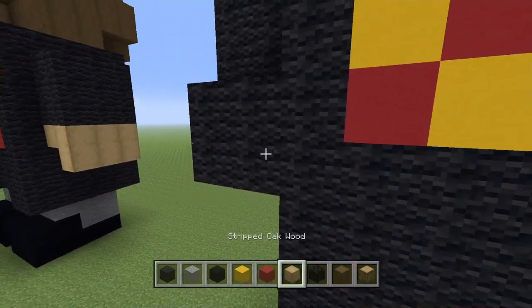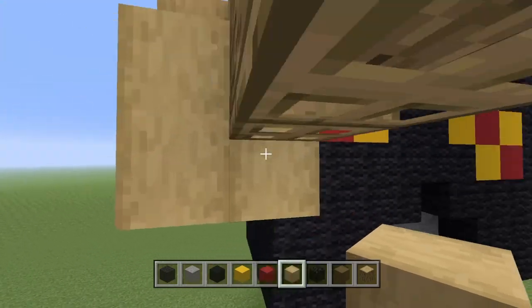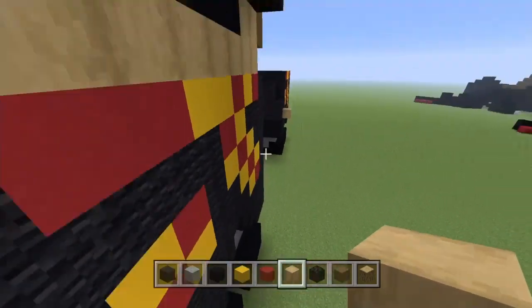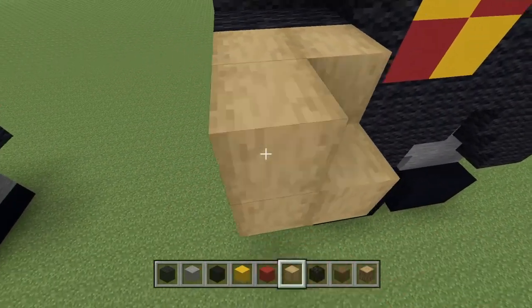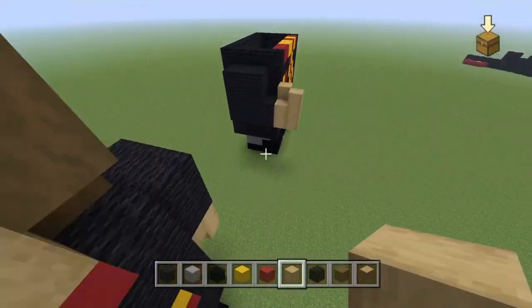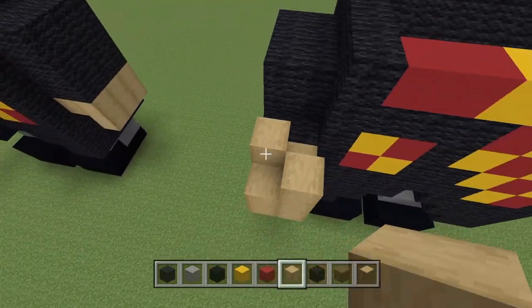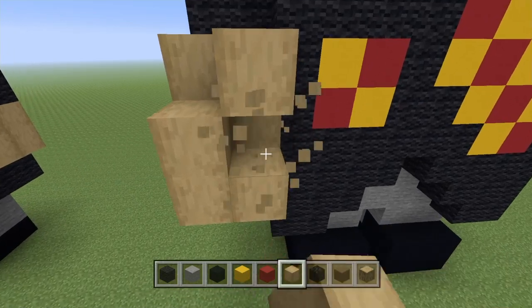his actual hand here. The hand is a little bit confusing, so what you need to do is go up to and fill in this square just here. So this entire square gets filled in, like so, and then you just do that. So it's not, oops, I was about to say it's not too confusing, but I actually messed up myself. There we go. Yeah, okay, and then he's holding the wand in this gap here, so you can just cut